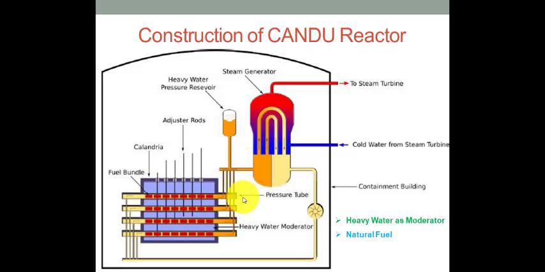Here you can see that the fuel can be inserted from here and the used fuel can be withdrawn from here. You can see here the control rod. These are the adjuster rod and the heavy pressure reservoir, which is used to exchange the heat with the normal water here. The heavy water exchanges the heat with the normal water that converts into steam that is used to run the turbine. Then the condensed water will come back again in this chamber and will again convert to the same.